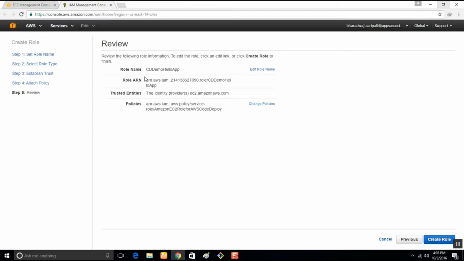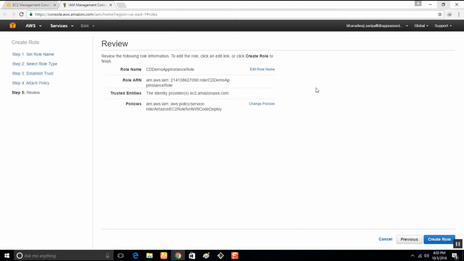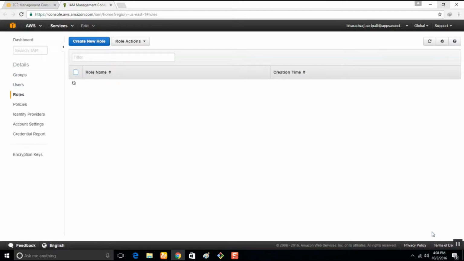Edit role name. Let's give cd demo app instance role and hit save, just to make it easier to remember afterwards.